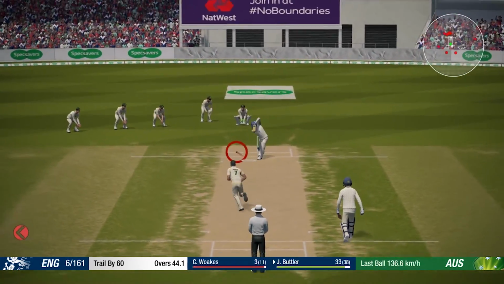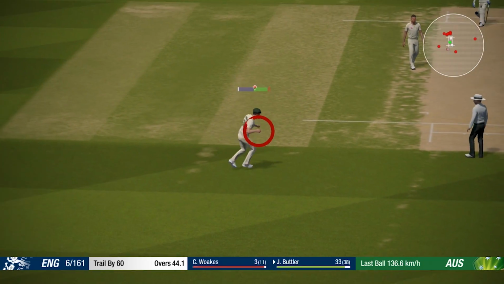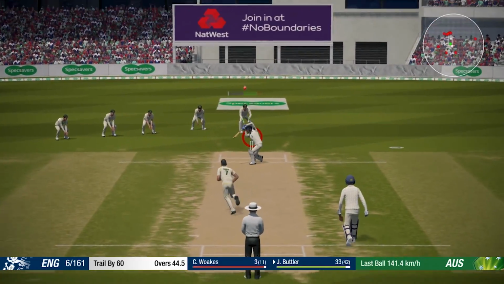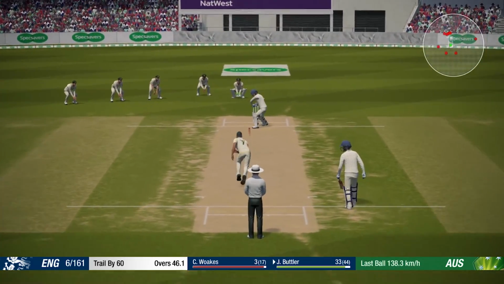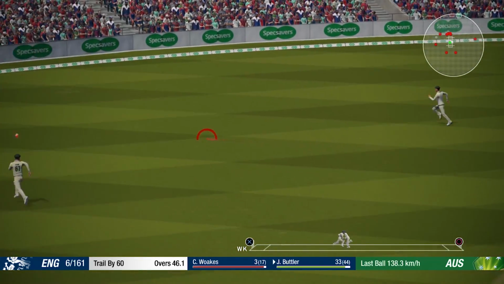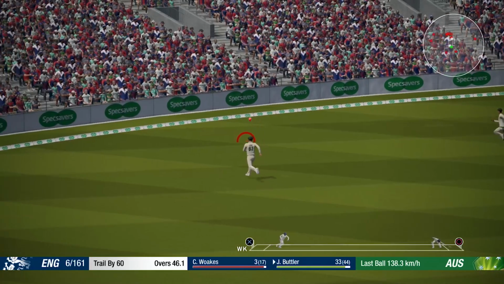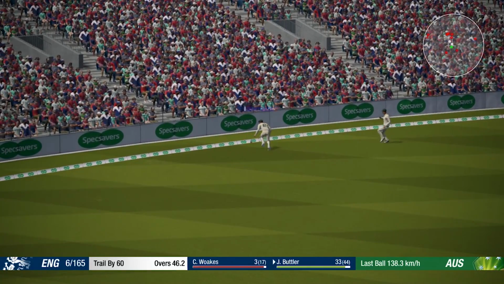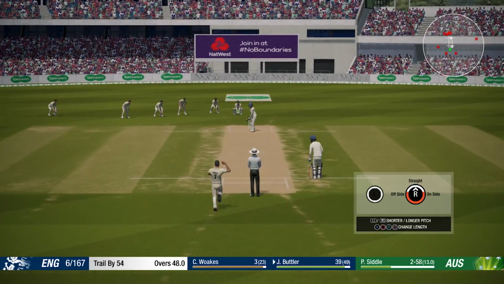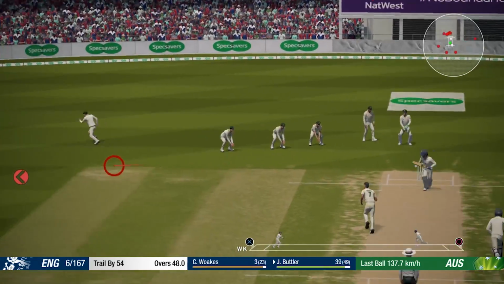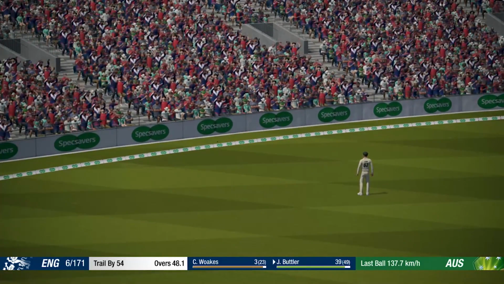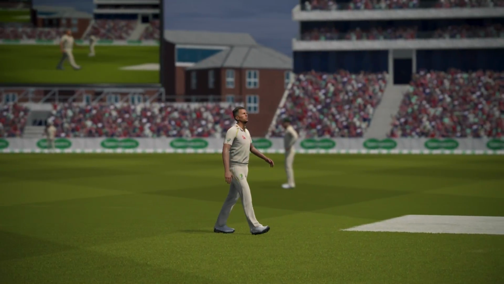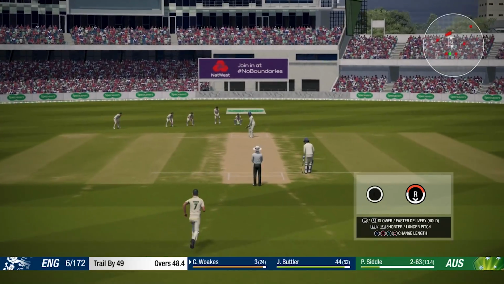Siddle continuing. It's the dot ball here. So England have chipped away at this total. They've got it down to just 60. Oh, playing and missing. Not sure how that missed everything. It's a quality shot from Jos Buttler. 3 points for 4 more. So he's playing quite nicely. 37 now from 45. Another quality shot. That's 4 runs. All of a sudden the lead of Australia just down to 50.